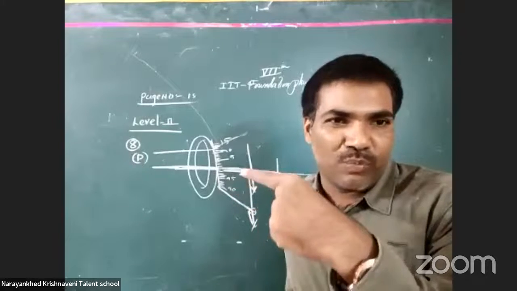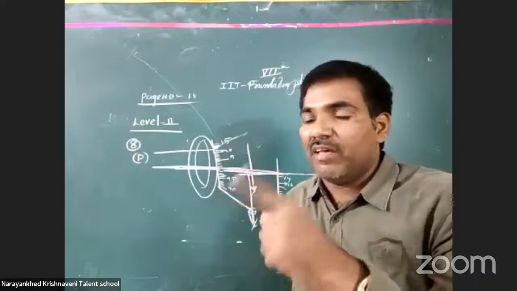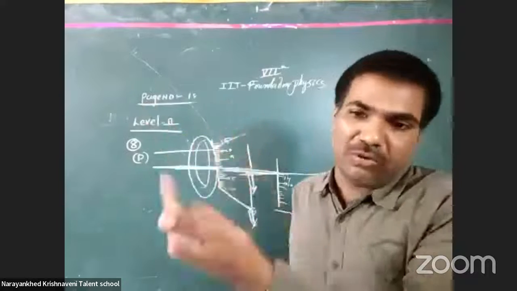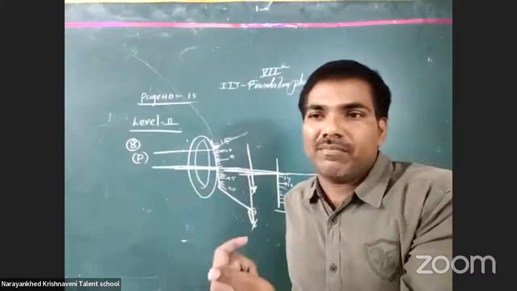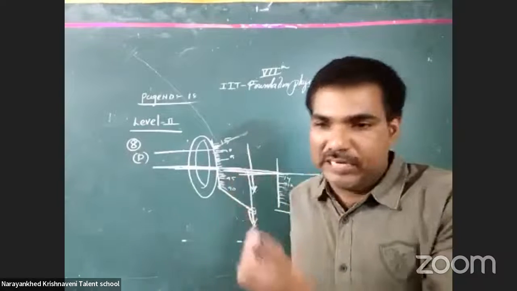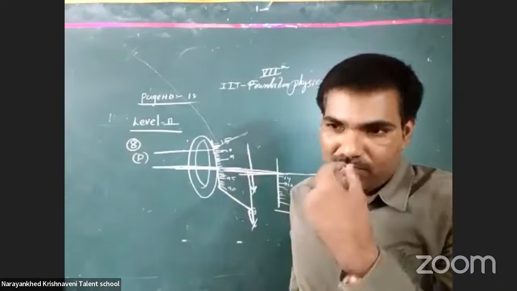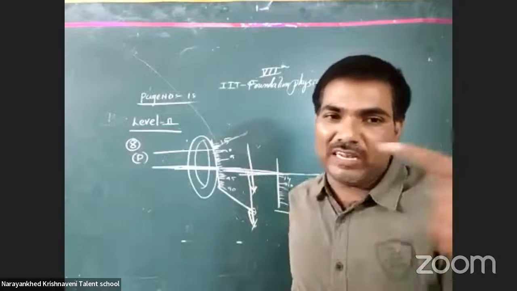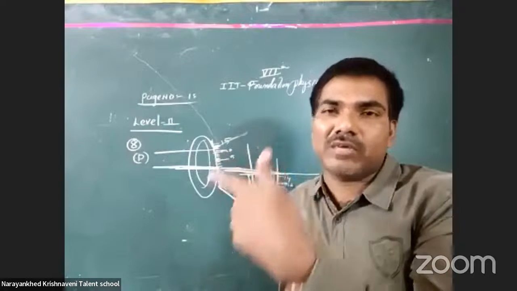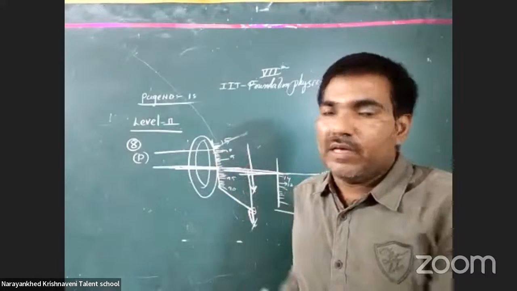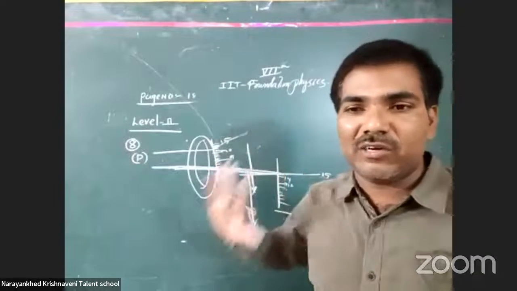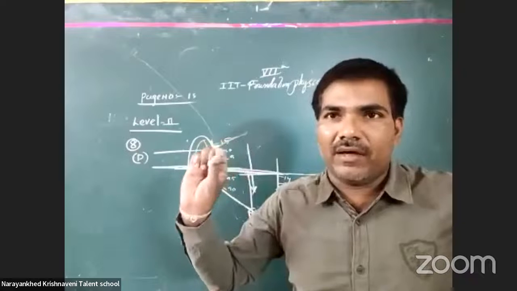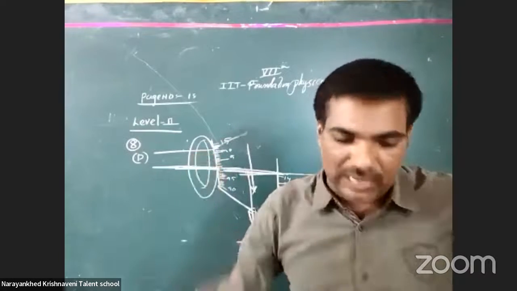That zero error should become negative zero error. Zero above means what? 20, 30, 40, like that we may get, and that becomes positive zero error. When there is a coincidence with the principal axis, it becomes positive zero error. Here 15 is the coincidence, that's why it is our positive zero error. Okay, clear or not, all of you? The correction should be negative.